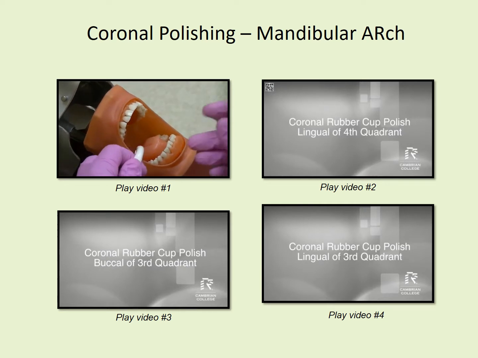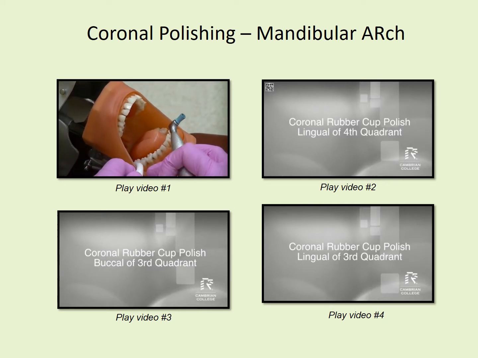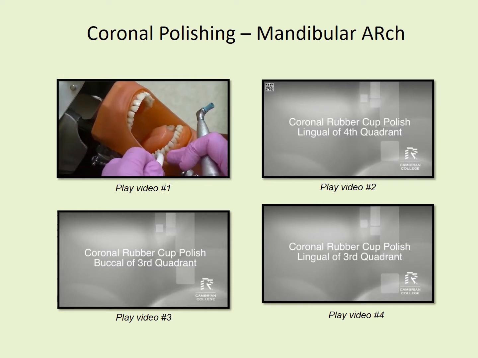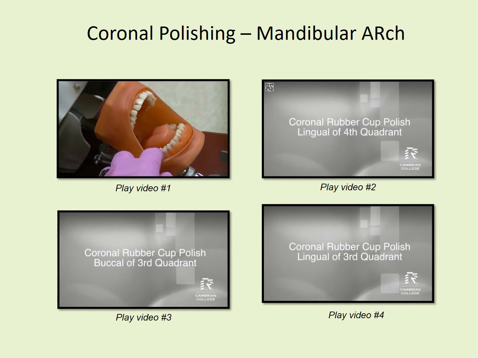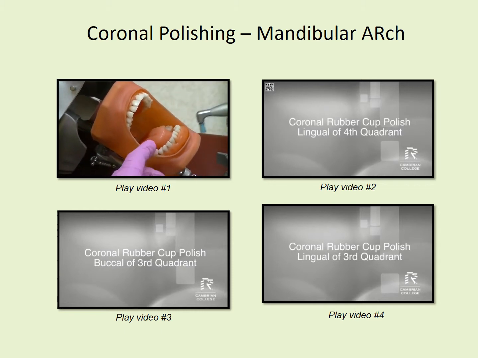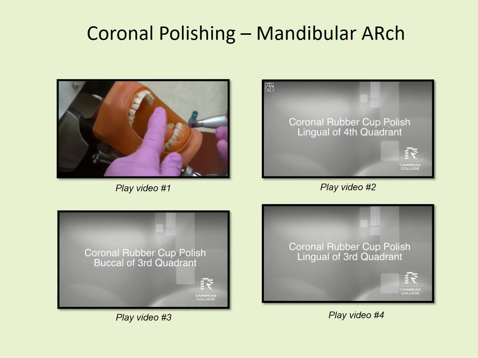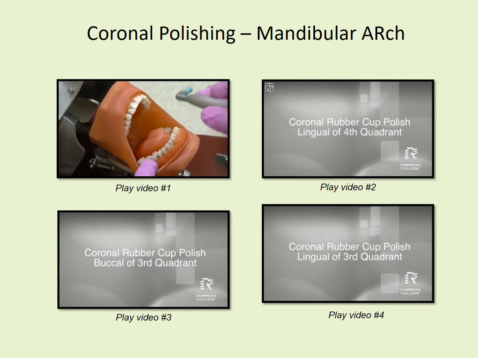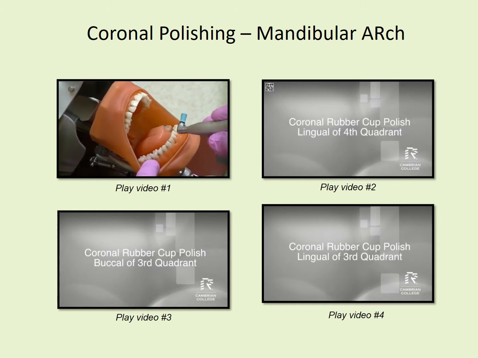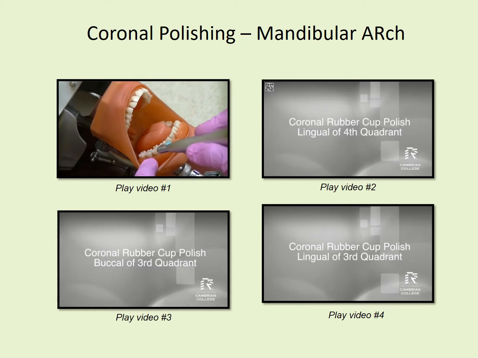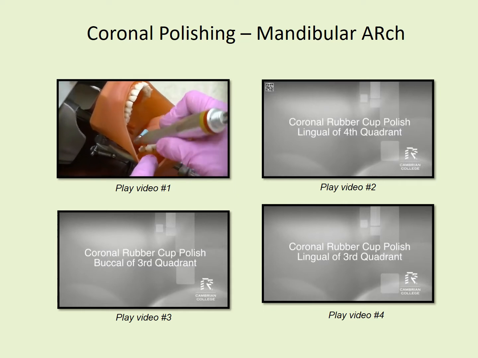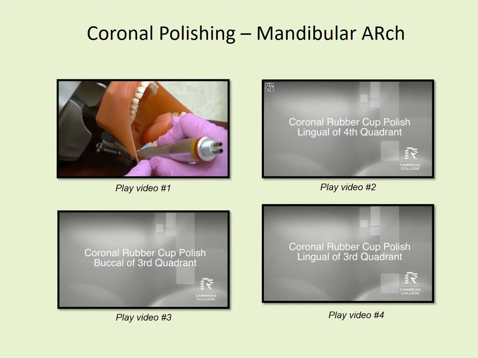Okay, we're polishing the fourth quadrant buccal. Run the saliva ejector first around the area that you're going to be polishing. Remove the saliva ejector, and you can place it back in the holder, or keep it in your hand if you like. Put some polishing paste on your polishing cup. Have the client's chin down, of course, and head straight ahead, and you're sitting at about the 8:30 position. You're going to come in and fulcrum on the anterior area with your polishing hand,